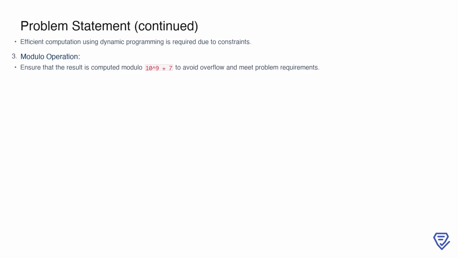To solve this problem efficiently, we must consider the constraints. With n going up to 2 times 10 to the power of 4, directly generating and counting all possible strings isn't feasible. Instead, we use dynamic programming to calculate the result efficiently. This approach allows us to compute the number of valid strings for any length n by building on results for